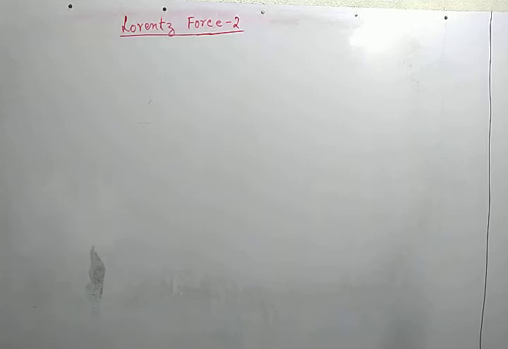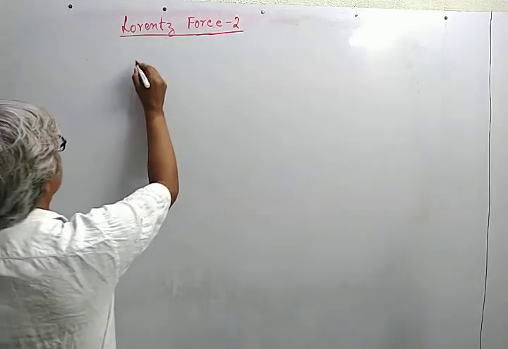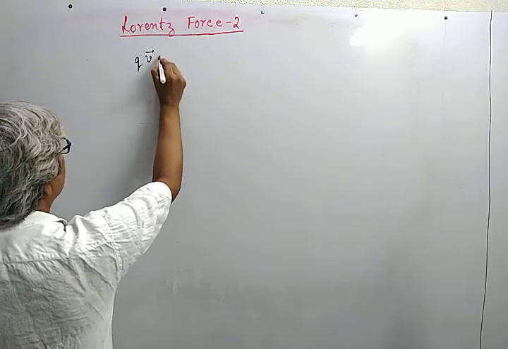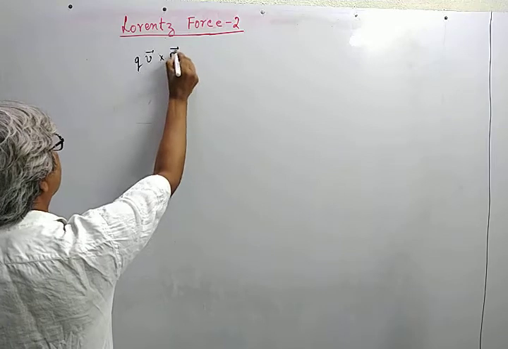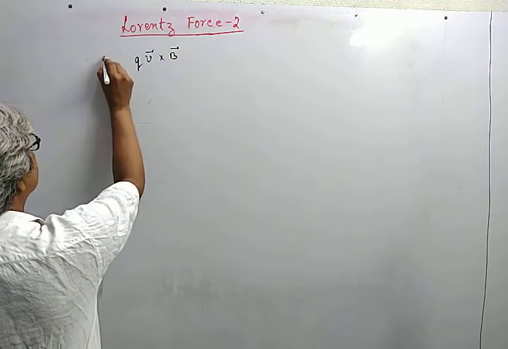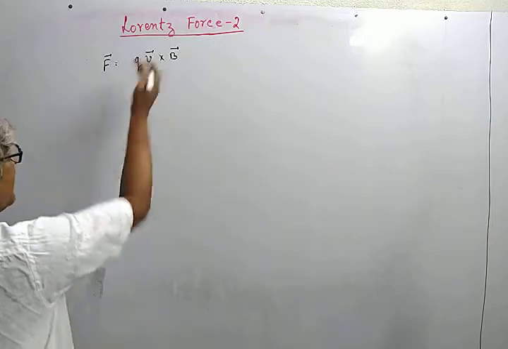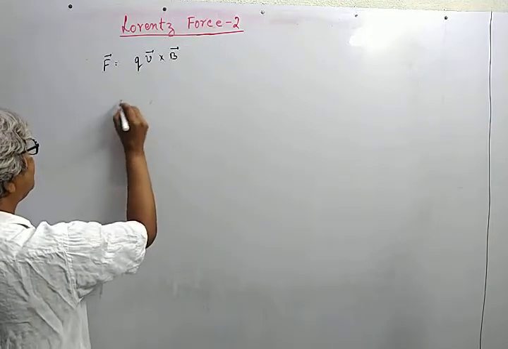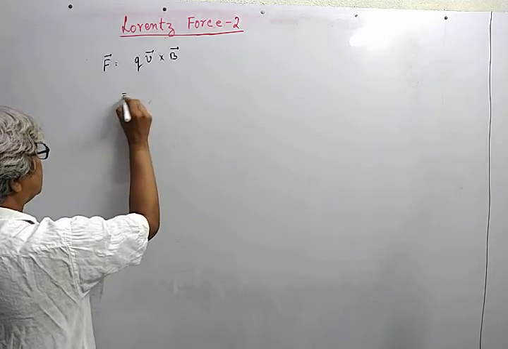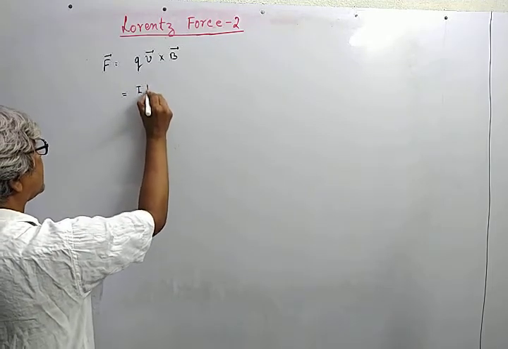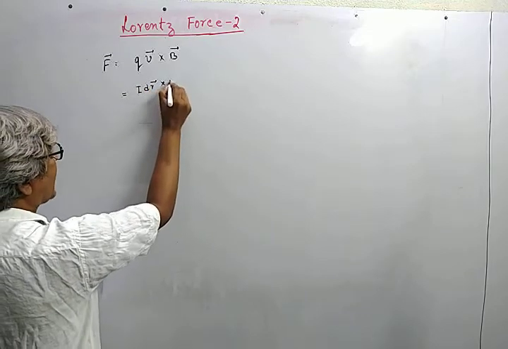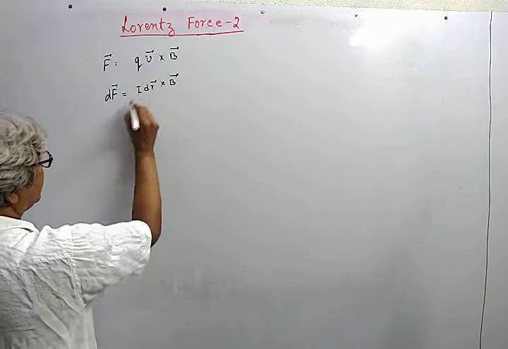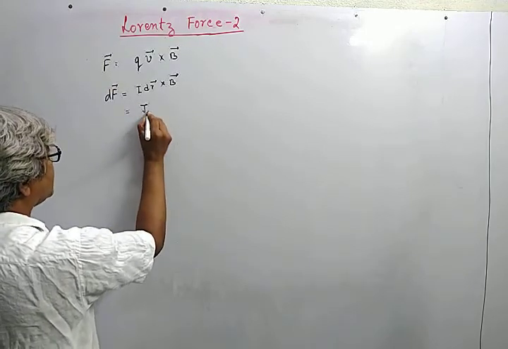Class on Lorentz force, we discussed that whenever a charged particle q moving with velocity v is subjected to a magnetic field B, then the force that acts on it is this. If we convert this into the force that acts on a current carrying conductor, so if we have a current element I dr, then the force that acts on this current element is dF. For a 2D conductor, this becomes